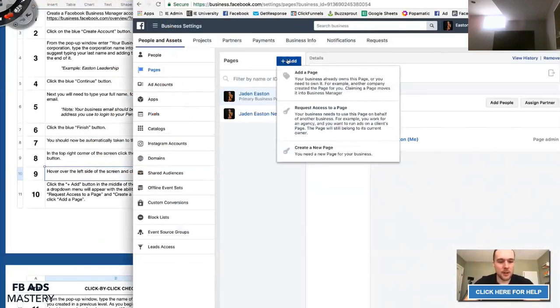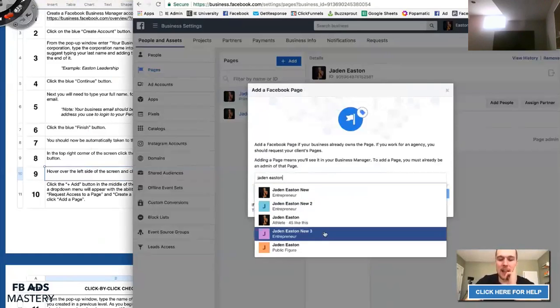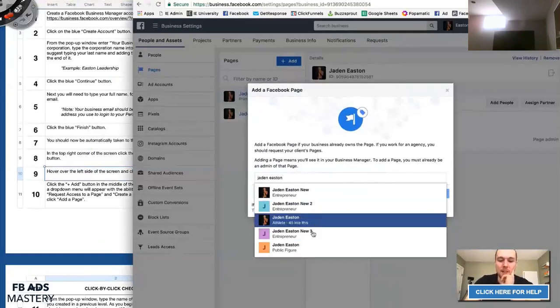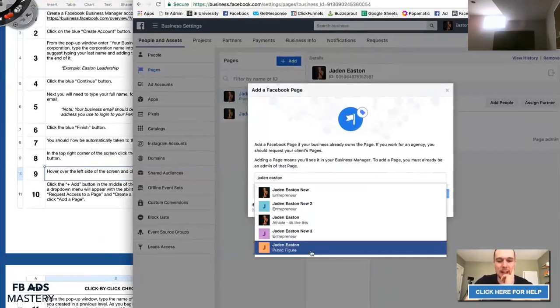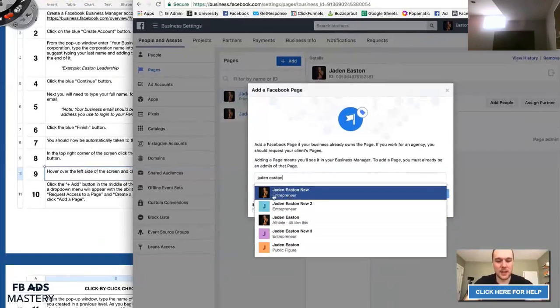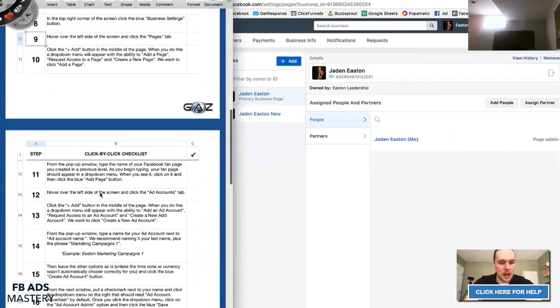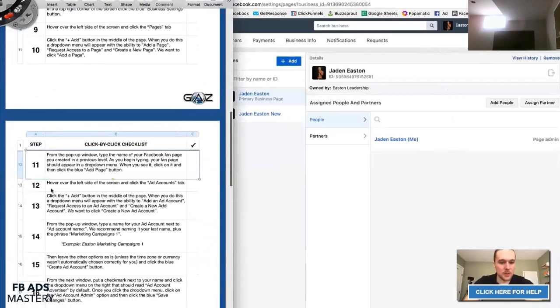We're going to click this arrow, and then from the drop down, we're going to click add a page. It's the first option there. And then you're just going to type whatever you named your Facebook page. In most cases, that's literally just going to be your first and last name. You can see if I start doing that, I can add any of the fan pages that I've created. Obviously, I have a bunch here because when we were creating this training, I had to make multiple fan pages to test things out. But for you, it should only show up as one. You'll click it, and then you'll click the Add Page button. Obviously, I can't because I've already added this. But you'll just click the blue Add Page button. And that was step number 11, which brings us to step number 12.